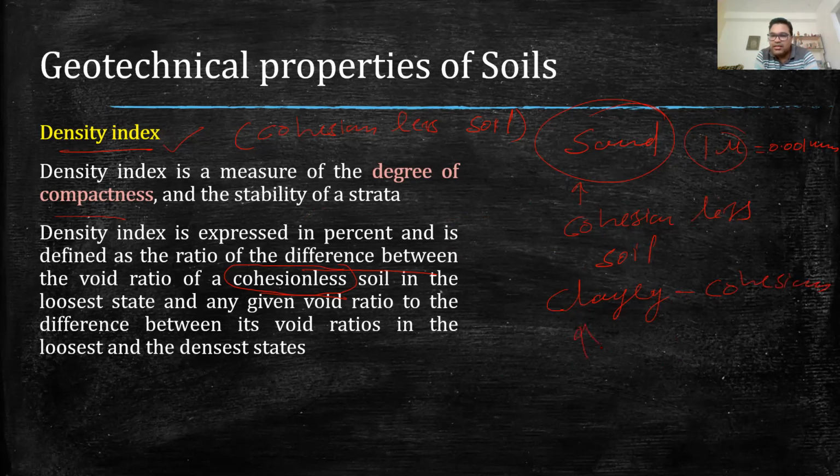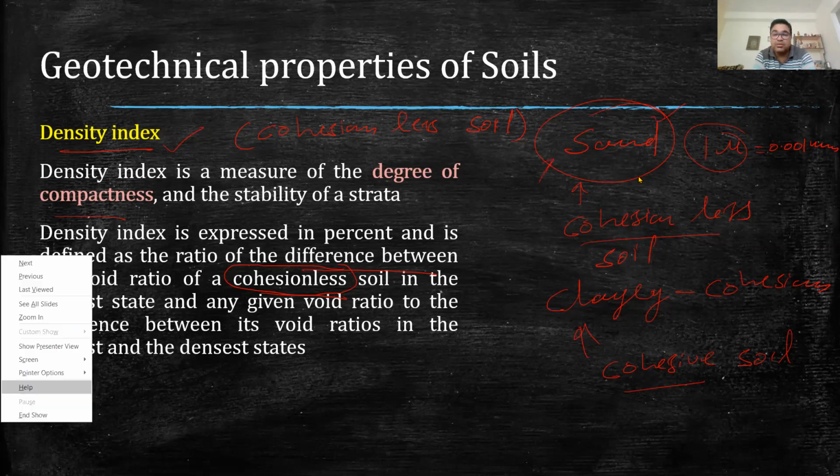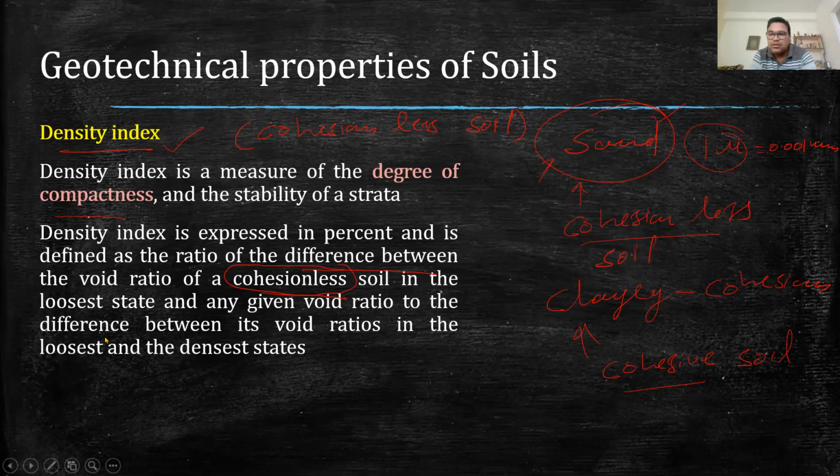And therefore, clay soil is known as cohesive soil. So that is the basic difference between sandy and clay soil. Sandy soils are generally cohesionless, and clay soils are cohesive because their particles have intermolecular forces. They are attached to each other. But in sand, we can distinguish each and every particle. We can actually see the particle size because the particle size of sand is more than 75 micron. So they can be easily visualized.